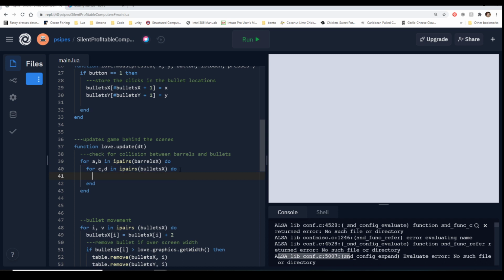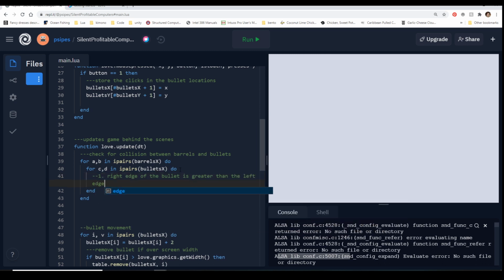So, the logic behind this is we want to check if the right edge of the bullet is greater than the left edge. So has that right edge passed that left edge of the barrel yet? If so, then collision might be happening.